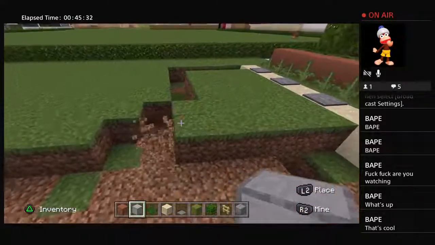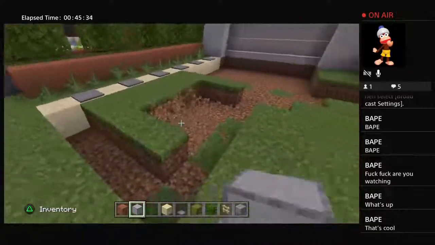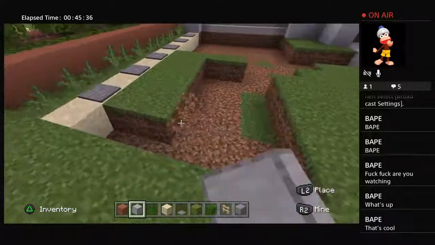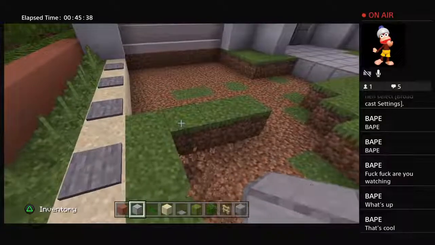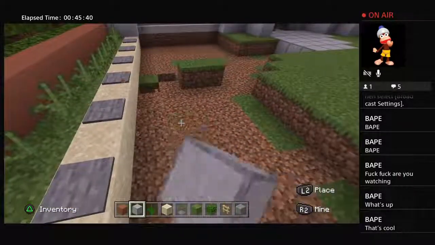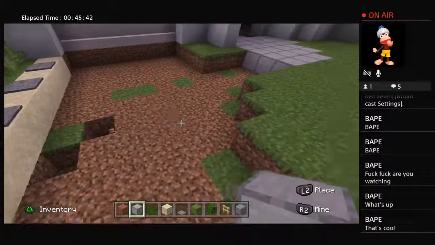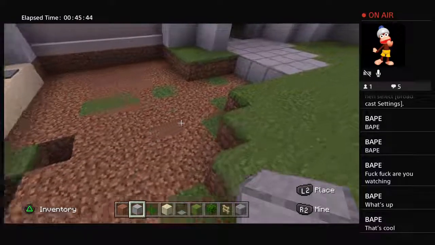We want to add some hedging just left of the entrance area here, which is just going to be some leaves. We'll dig here and have some smooth stone. We want to have some hedging around the path that we just created that leads to the entrance area here, which